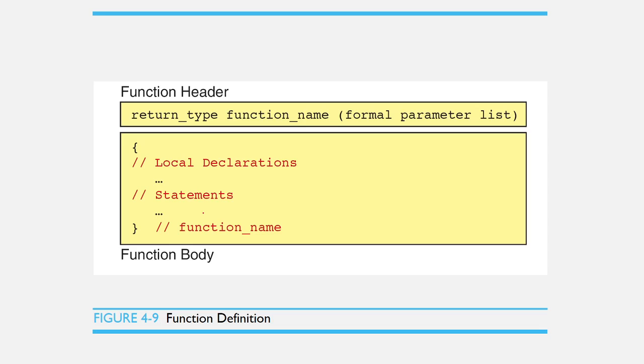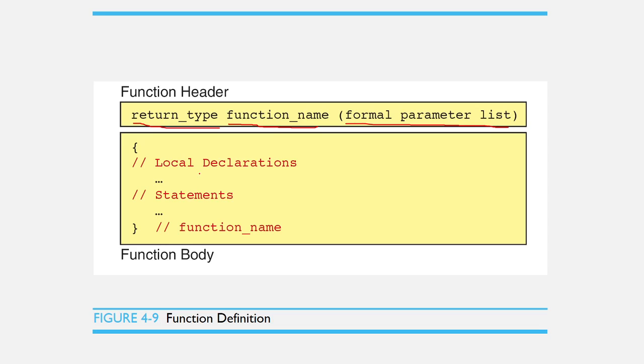So this is the general syntax for the function definition. We have here the function header, which specifies the return type, next space, then followed by a function name. Then we have the open and close parentheses. Inside the parentheses, we may have the formal parameter list.